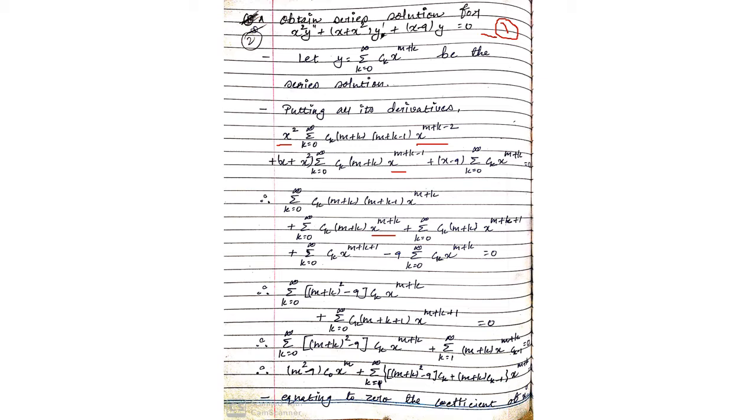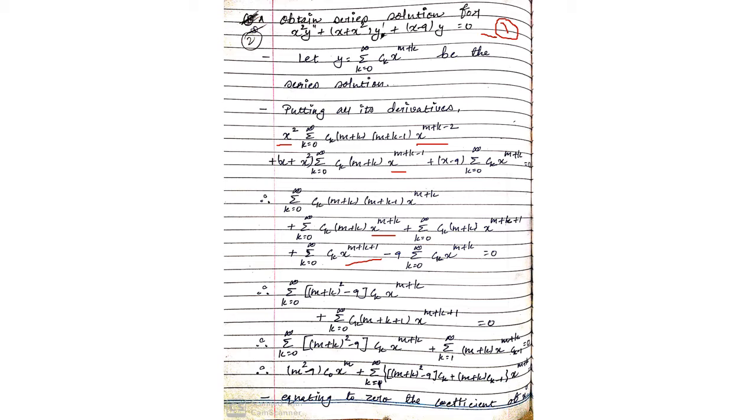Now see the fourth term, x into this whole term. So x raised to 1 here, and here it will be x raised to m plus k, as given. So that will be m plus k plus 1, this one. And minus 9 as it is, and this term we don't have any power of x, so it will be as it is only, x raised to m plus k. Okay. Now in the next step,